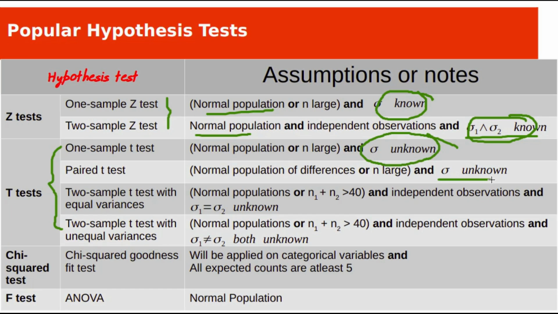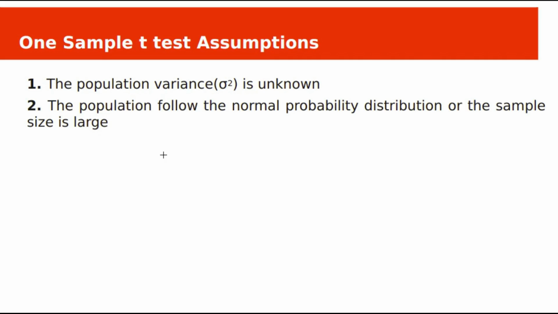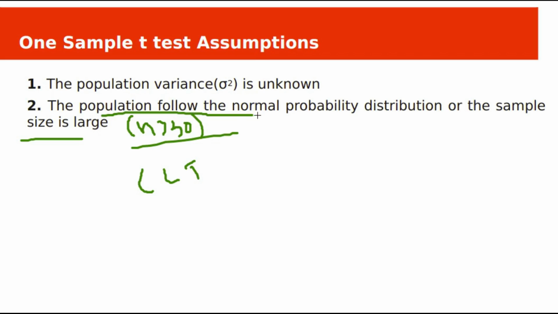In all these tests you don't require the population standard deviation. Let's see this first one, the one sample t-test. One sample t-test assumptions are: the population variance is unknown, and the population follows a normal probability distribution, or the sample size is large, meaning n greater than 30. If the sample size is large, irrespective of population distribution, the sampling distribution will follow a normal distribution according to the central limit theorem. So you require any one of these conditions, either the population should be normally distributed or n greater than 30,